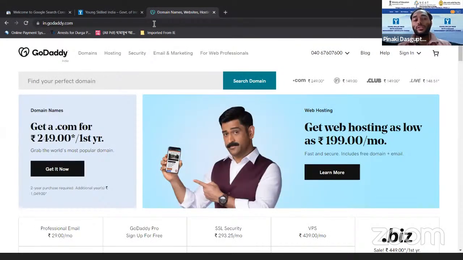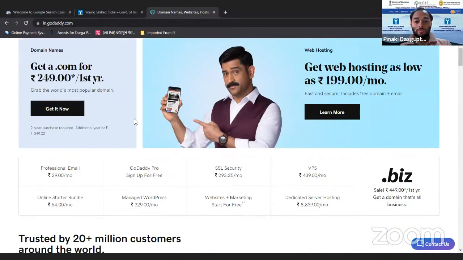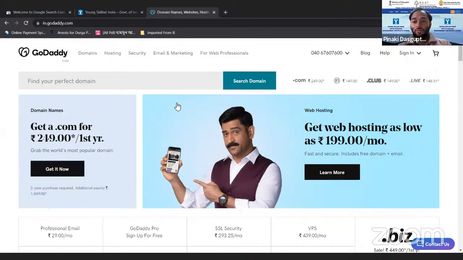The most popular is GoDaddy, but there are others like HostGator, Hostinger, BigRock. We usually prefer GoDaddy because of its cheaper price as well as its usability. So this is the website of GoDaddy.com.